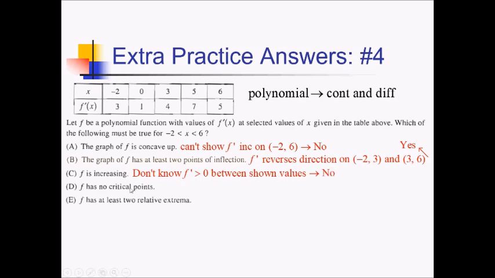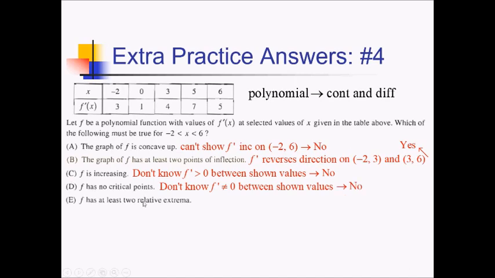Next one, f has no critical points. Critical points are going to happen wherever f prime is undefined or 0. We don't have to worry about undefined because we said we have a polynomial, continuous and differentiable, so our derivative is going to be defined everywhere. So it's really just a matter of whether or not f prime takes on a value of 0. And again, they didn't show us that value in the table, but we don't know that there isn't a 0 lurking somewhere in between these table values. Since we don't know that f prime does not equal 0 between these shown values, we therefore cannot conclude D